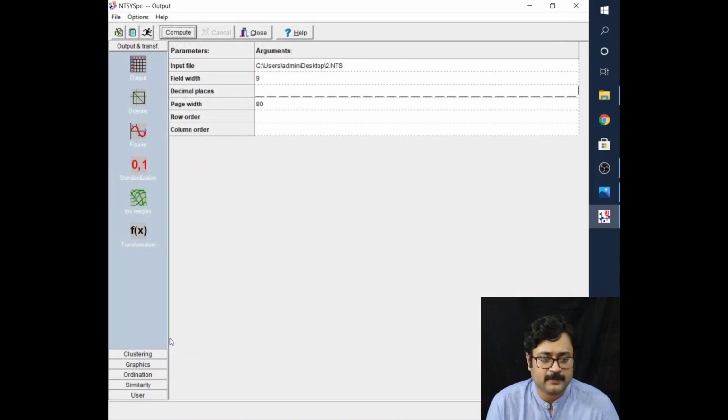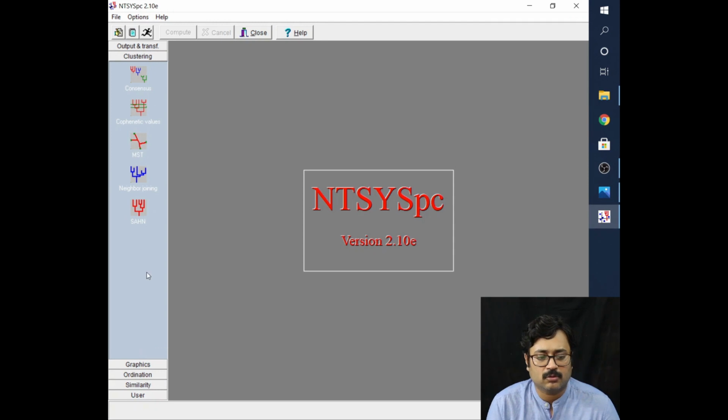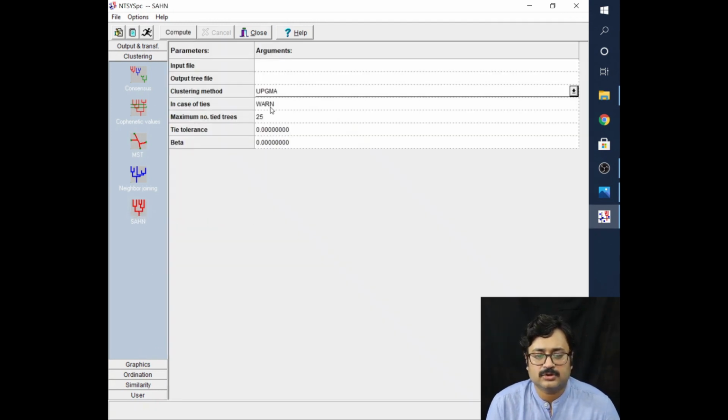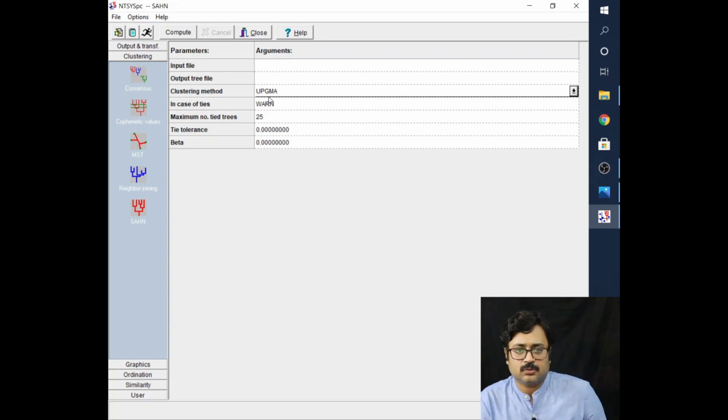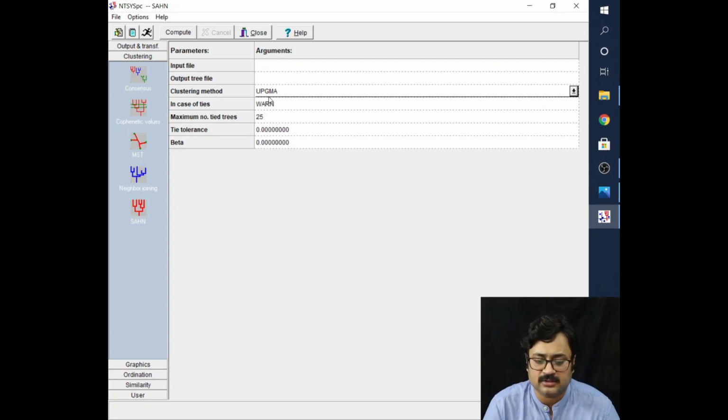Okay, so for preparation of the phylogenetic tree, we have to go to clustering, then to SAHN, which will prepare the phylogenetic tree. Now there are many types of trees which can be created in this phylogeny, but for RAPD or ISSR, basically for binary data, the most widely used tree is the UPGMA tree.